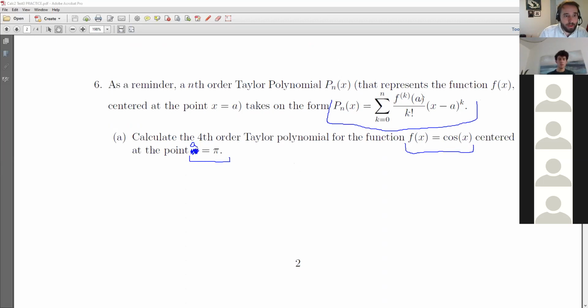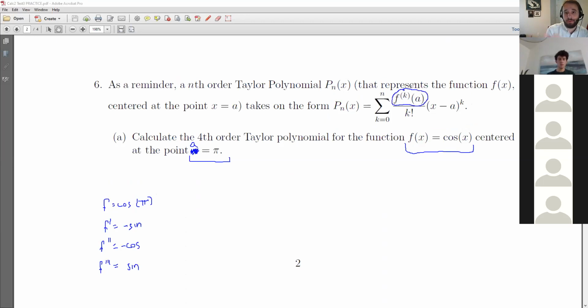So in particular, we would have to calculate the different derivatives of f. So f by itself was cosine, f prime is negative sine, f double prime is negative cosine, f triple prime is positive sine. So we'd have to calculate all of those, and then we would have to plug in the point a equals pi. In order to calculate this expression up here, we would need the kth derivative of our function evaluated at the point a, so evaluated at the point pi. So we'd have to calculate all of these things at pi,